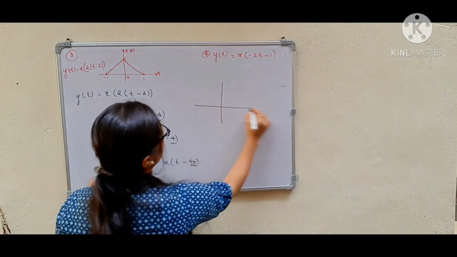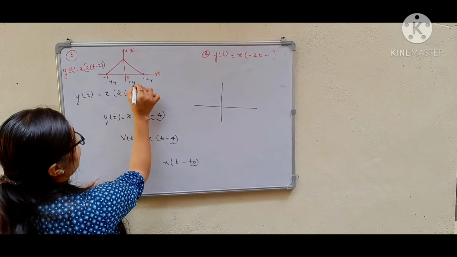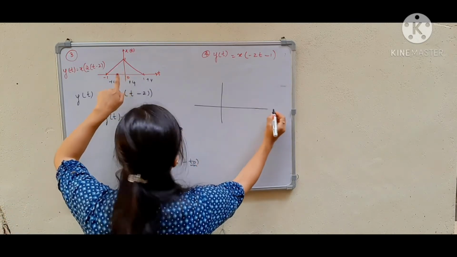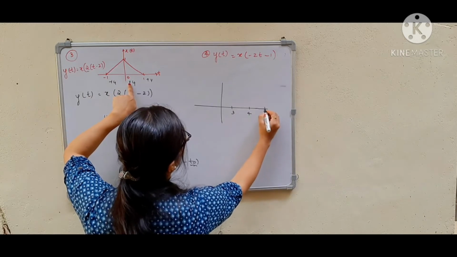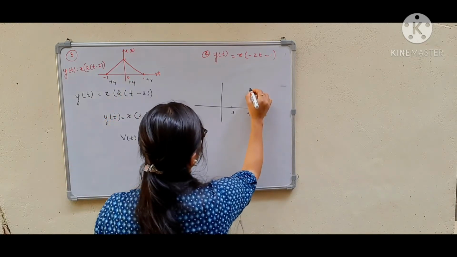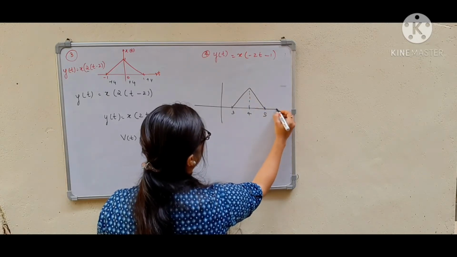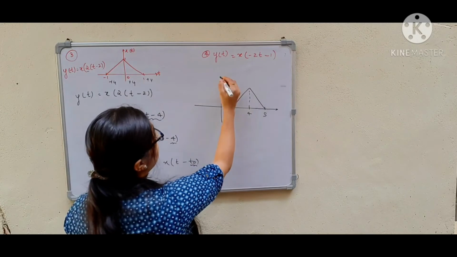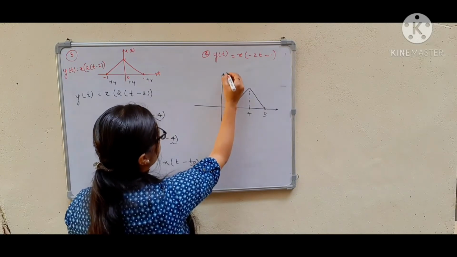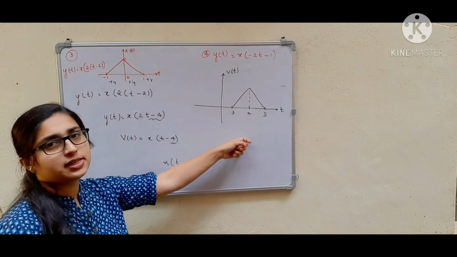So here we will consider 1 plus 4, minus 1 plus 4, 0 plus 4. If I consider, I will be getting value at 3. Then we will be having at 4, then at 5. Remember, it's only on the time. It's performed on the time axis. Your amplitude is not going to vary. So this is our signal v of t. This is the intermediate signal.